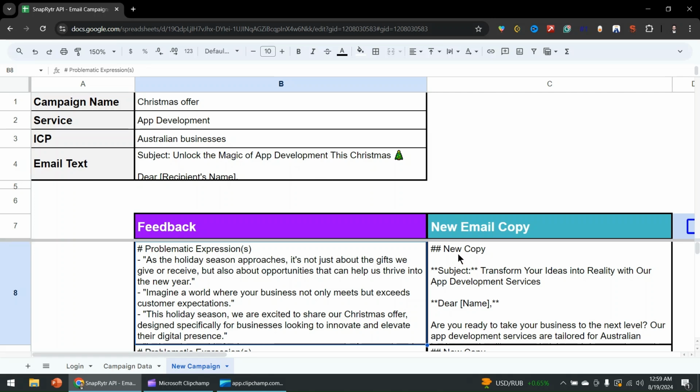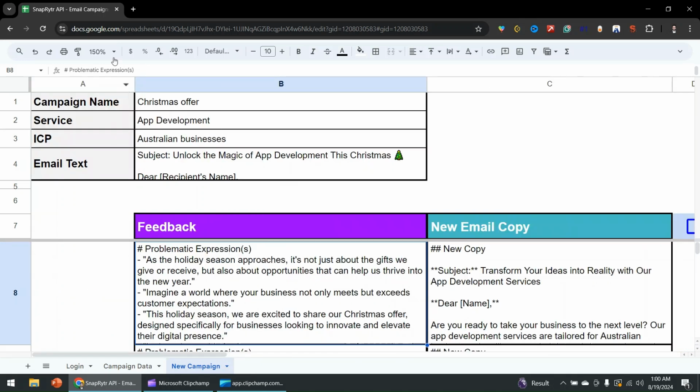It will analyze the past campaign data that you have provided, and it will retain the brand voice and product details that you have mentioned in that campaign. Based on your new campaign details, it will provide you the copy for the email that you can use in your new campaign. This tool is created using SnapWriter APIs,